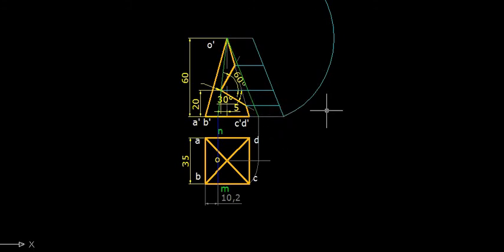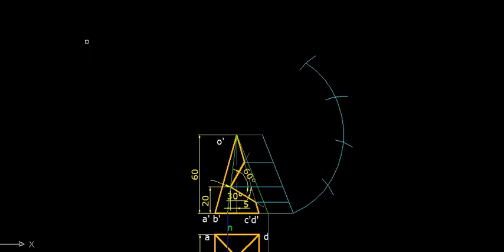Then in the next step we have to mark the base sides starting from any point. You can start from A or B or C, any point. If we start from A here, then the B point will be 35 away. So we will have to mark the arc like this, so that you get the points A, B, C, D and A again. So I will mark these points. After marking these points, let us draw the lines joining these 4 points to the apex.